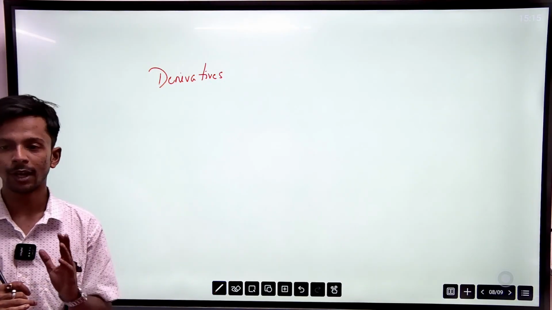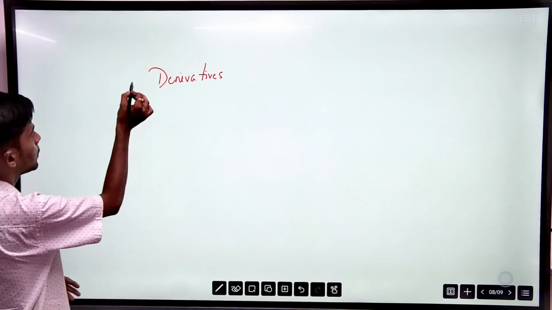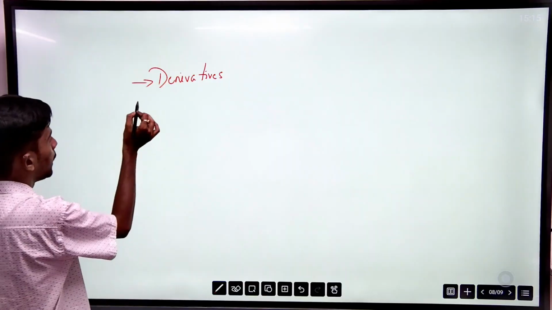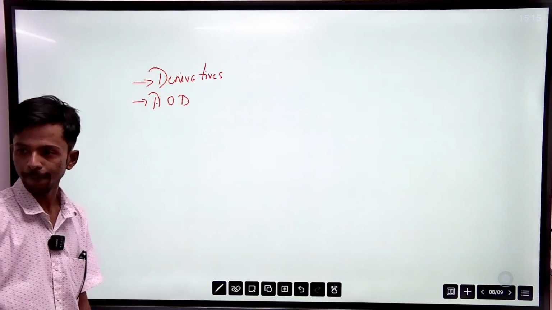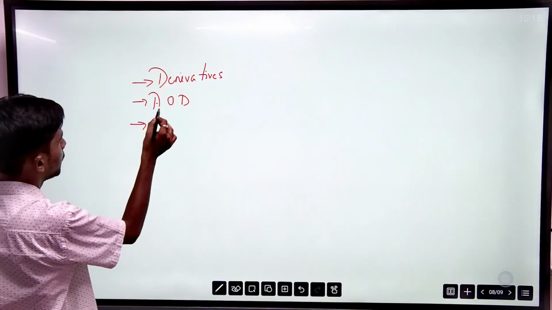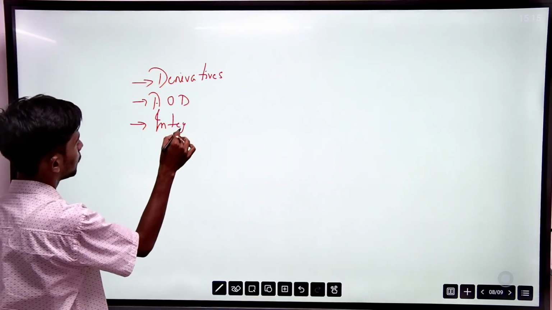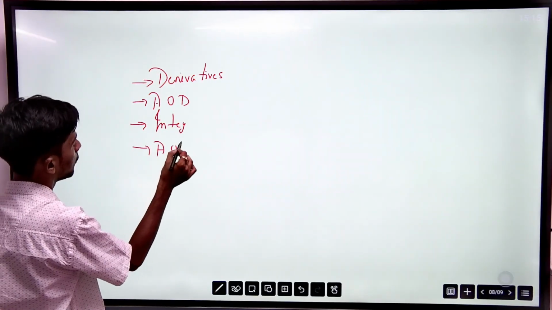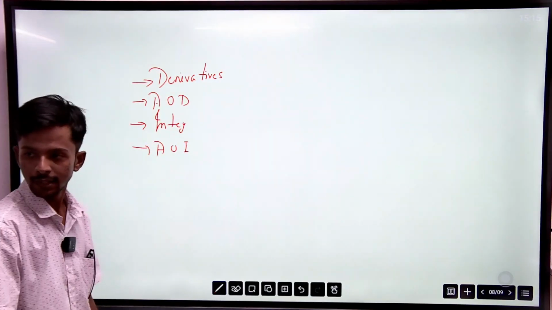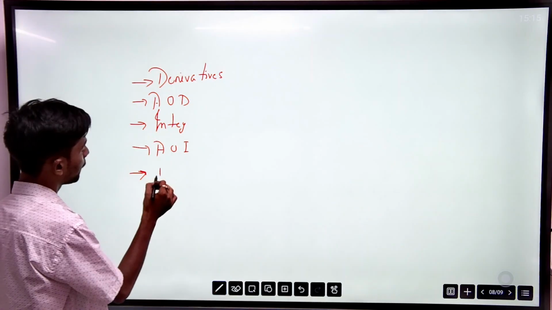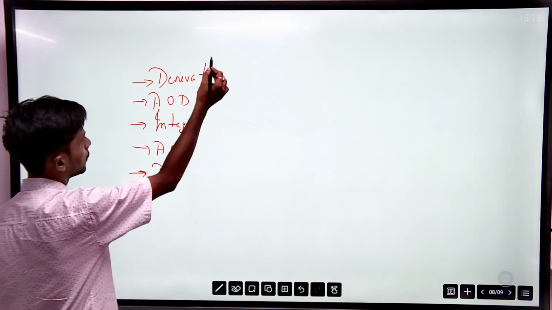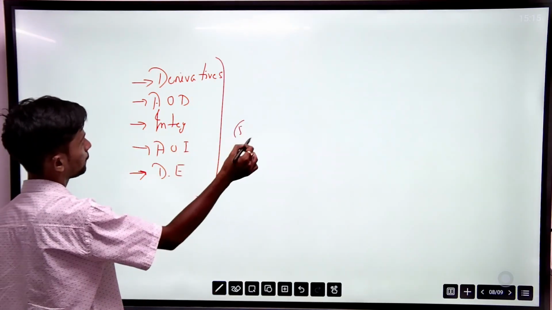So we are going to start from derivatives. Then we are going to, this is the first chapter, derivatives. Then application of derivative. Okay, then integrals, then application of integral, right? Then your differential equation. So these 5 chapters,